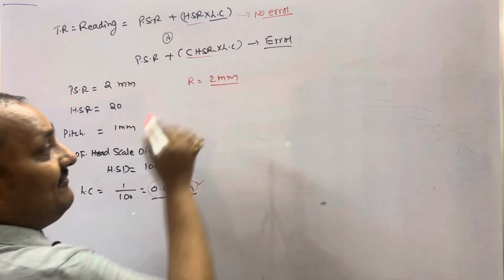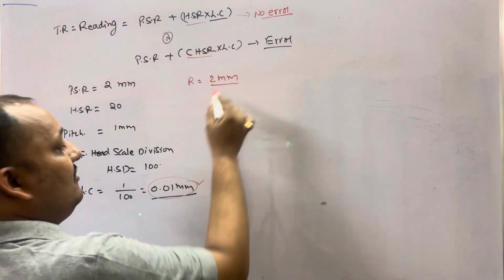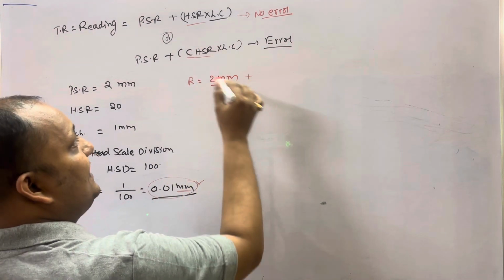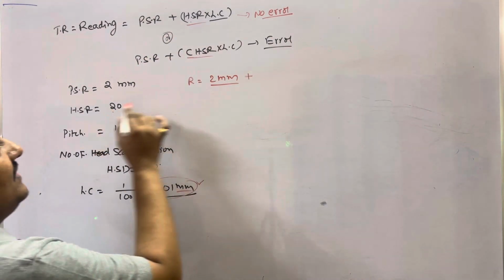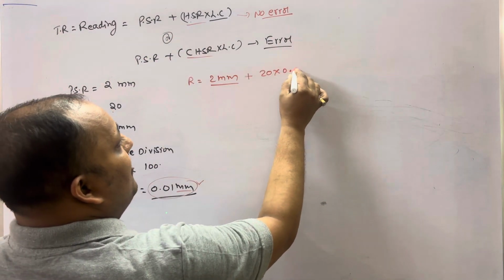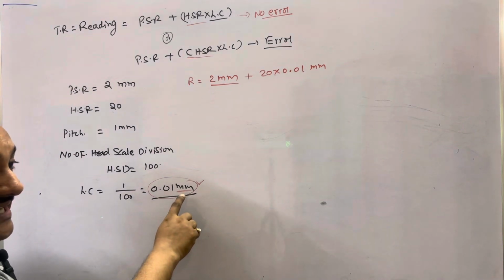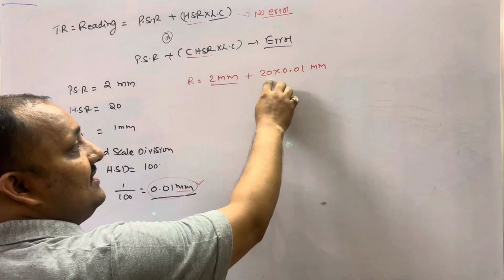2 mm. Write with units. Don't write only the value, because sometimes they will give this in centimeters. Plus, what is the head scale reading? 20, they give, into 0.01 mm. Sometimes they will give this one in centimeters. At that time you should convert this one into